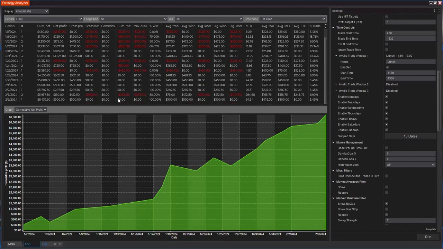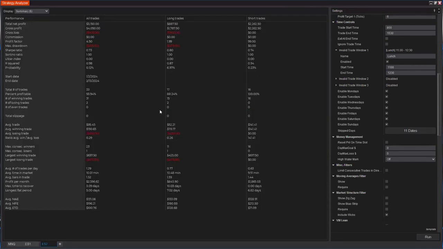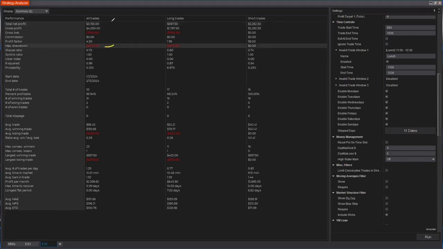Okay, let's go to ES. We've got another one. The ES is full size, the NQ is micro. You can use either one, whatever you prefer. $3,150 profit. What's your max drawdown? $475. That's great. You might say that's not a lot of profit, and you don't have a ton of trades, but these are the numbers that matter here: $475 versus $3,150 in profit. And your largest loser is less than 500 bucks.